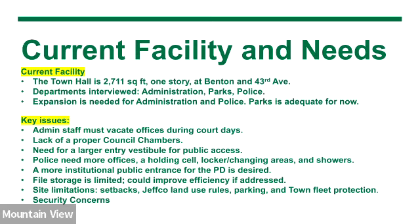And the problem being that we can't just have a large single storage area. All of this has to be stored in separate locked rooms with proper security. So that's one of the big things. The other thing that we came up with is that the police needed more office space. They need a holding cell so that we can have a place to put somebody for even a short while until they can get them to